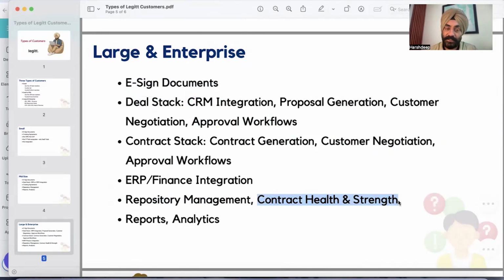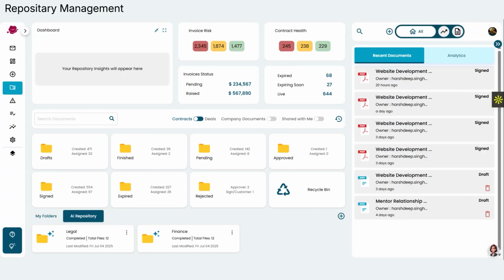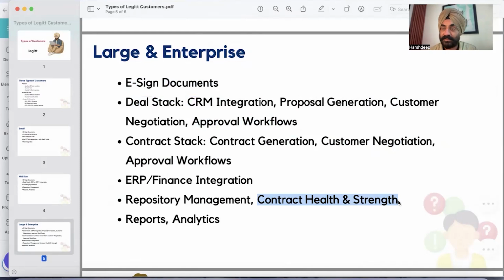Second, once the payments happen, Legitt AI tracks how many of these invoices have been paid, how many payments are delayed. Based on that, we can create the invoice health kind of rating, or the contract health and strength. Are there any missing milestones? Have the customers missed payments against this contract? So we can create various categories of both the invoices and the contracts based on these details.